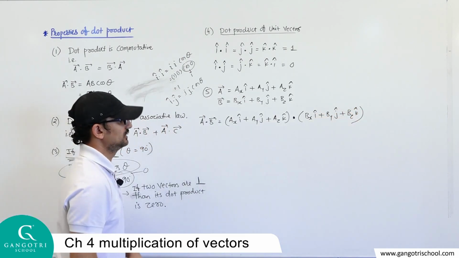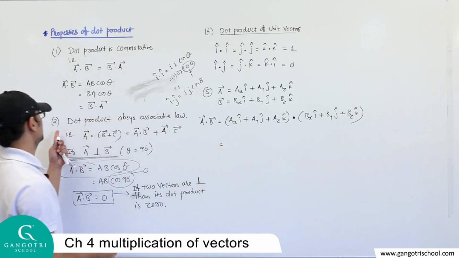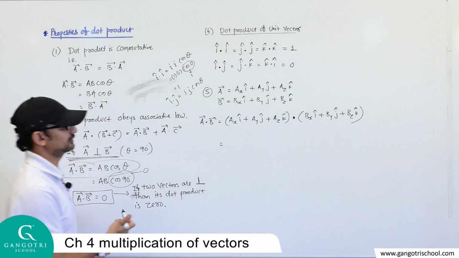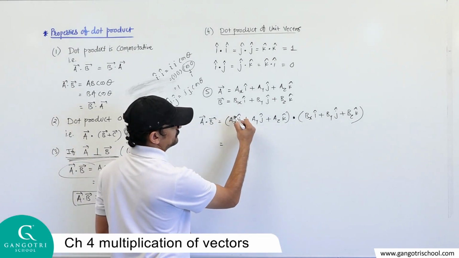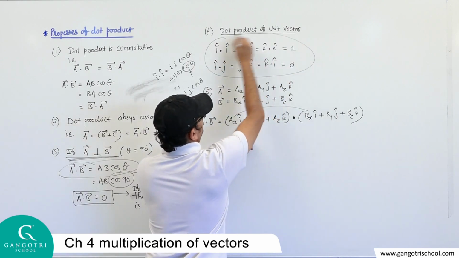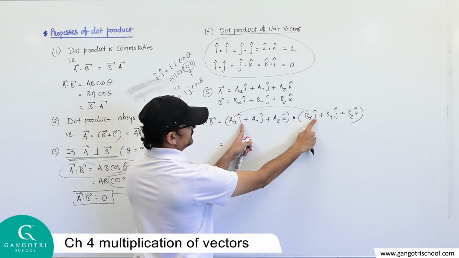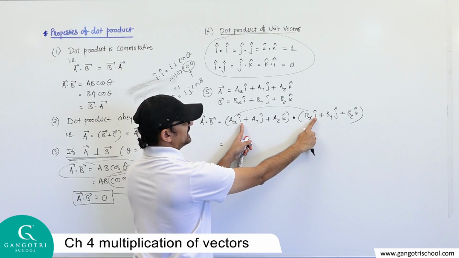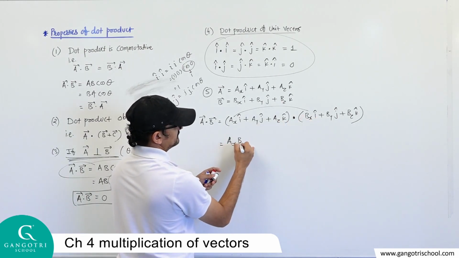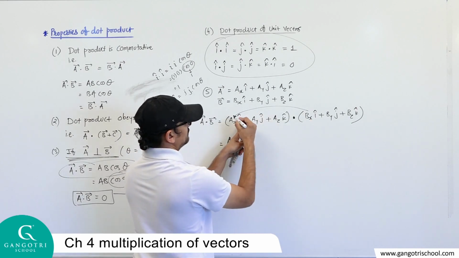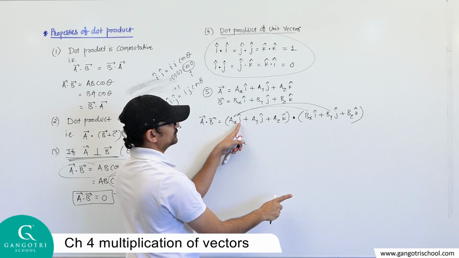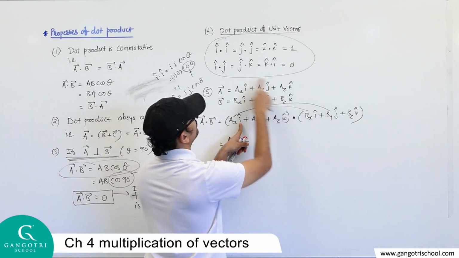As I said earlier in the second property, you can open the bracket. So let's open the bracket. First of all, the multiplication of the first term with the first term. See, remember this one is the most important one. Here i caret dot i caret turns to 1. i dot i is 1, and the multiplication is ax bx. Now the multiplication of the first term with the second term is 0. Why? Because there is a dot product of i dot j, and i dot j is 0.